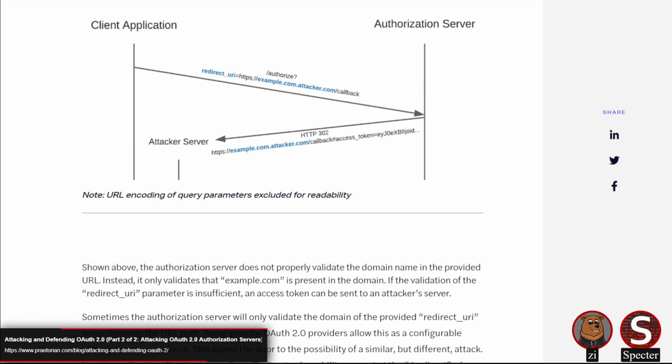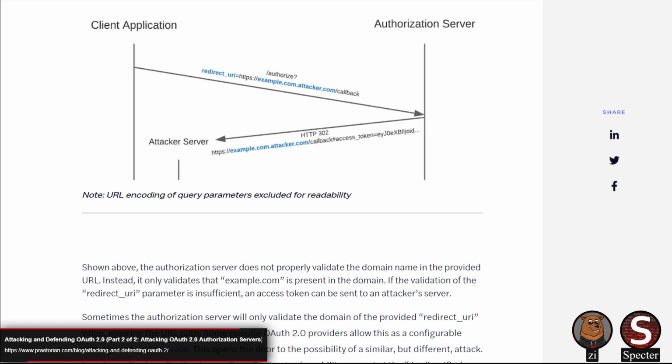Well, not even with that. The redirect URI is used after you've clicked the "okay, I allow this application" button. You've given it the approval. It uses that redirect URI as the next place it sends you off to, and it sends you there with the token, or with the access token. Yeah, sorry, I was getting confused over access token and the actual